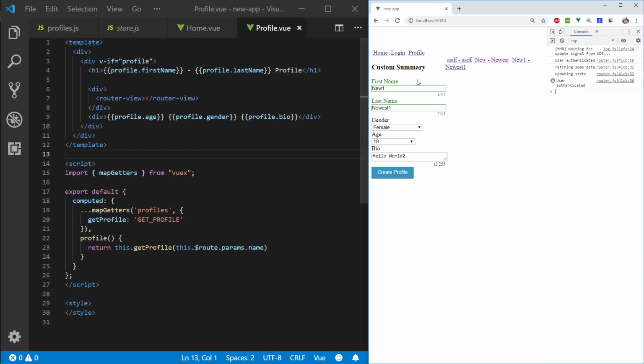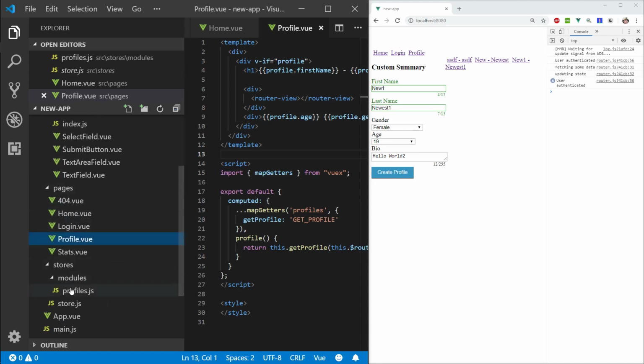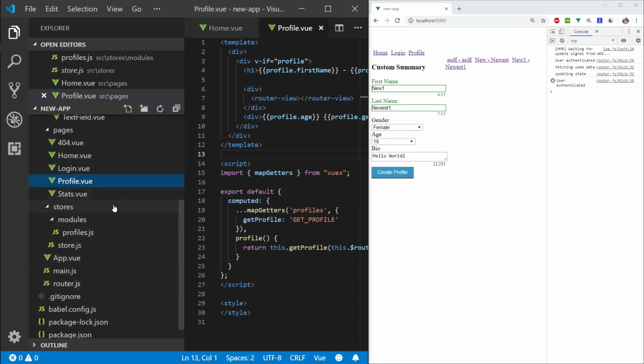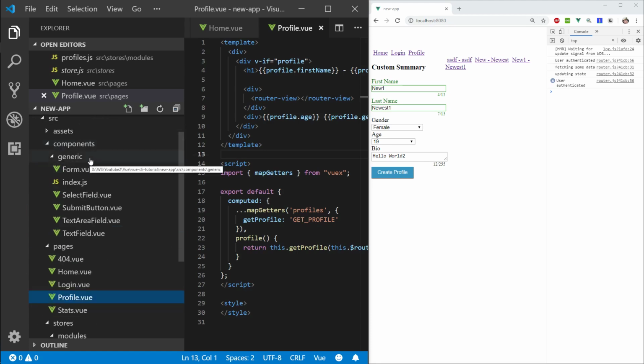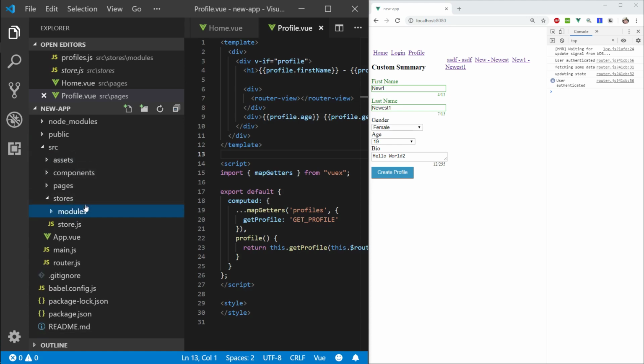I know we've been doing this form, creating some components and all that is nice. I think the most useful part of this tutorial were these generic components that we created and just talking about how to implement the router and Vuex, but generally creating these profiles and displaying them as just general view knowledge and not actually something you probably are going to use in your project. But nonetheless, I wanted to go ahead and actually show you how to implement maybe something a little bit more useful. So we're going to be doing a global pop-up, and we're going to be doing that with the help